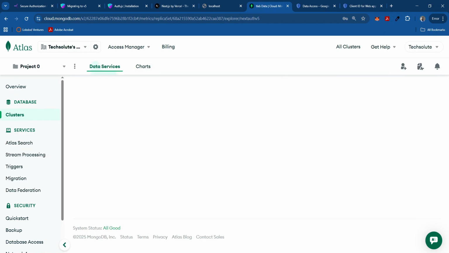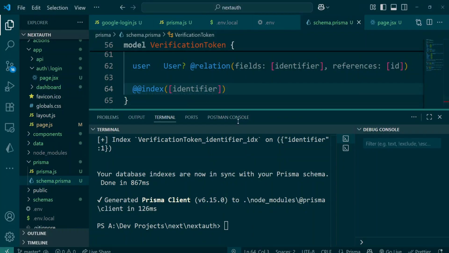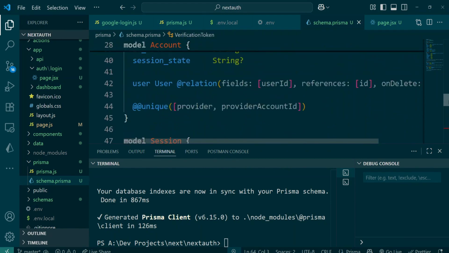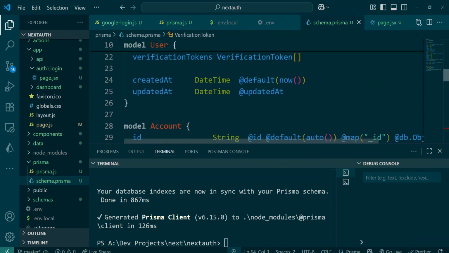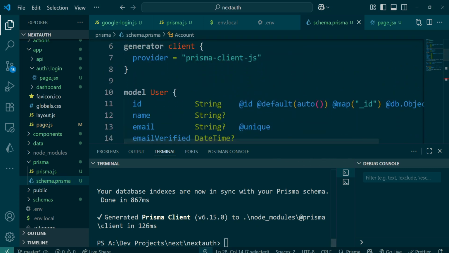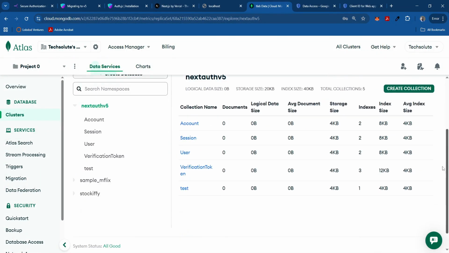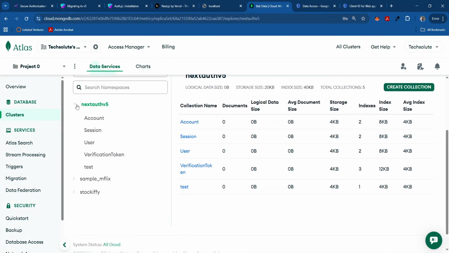Once it is refreshed, we are expecting to see our Prisma model connected. How do we know whether it's connected? We are going to see all of these collections. You see, our NextAuth V5 database is now having all of these. So now we can delete our test